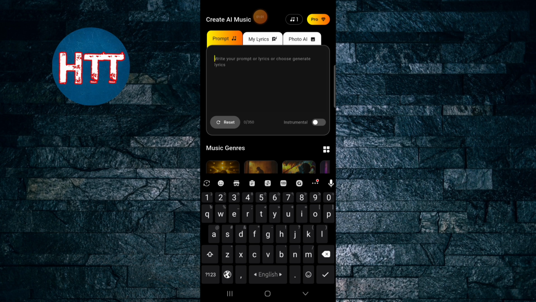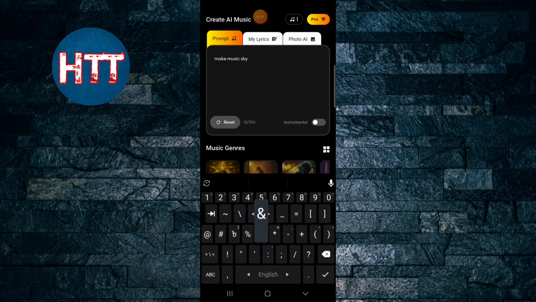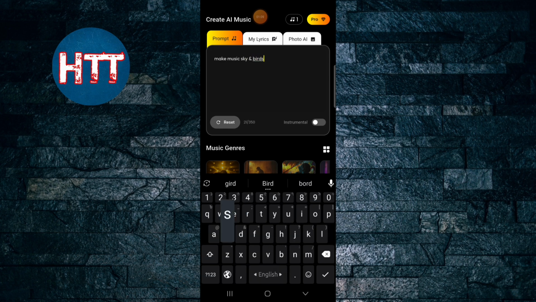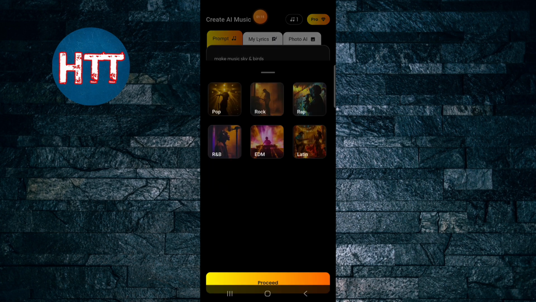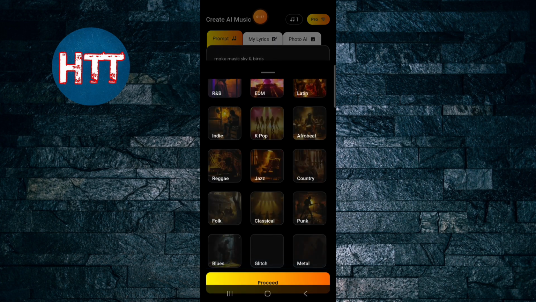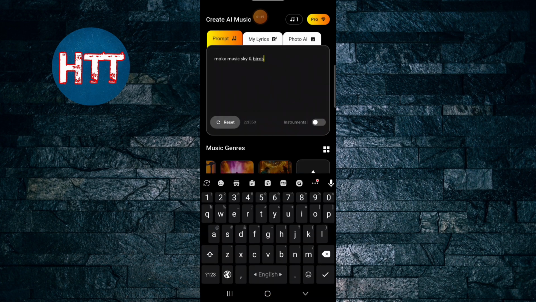You can generate, make music, sky and bird. So you just keep it, then music genre, you can choose genre here. You can see all, then you will get all the genres here. So once you choose, I'm just going to choose